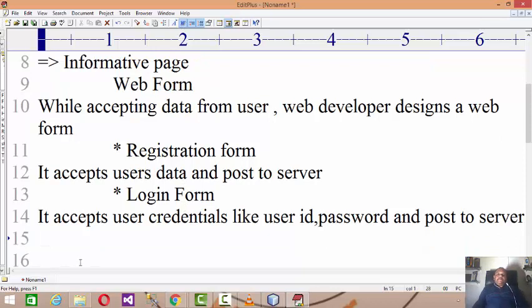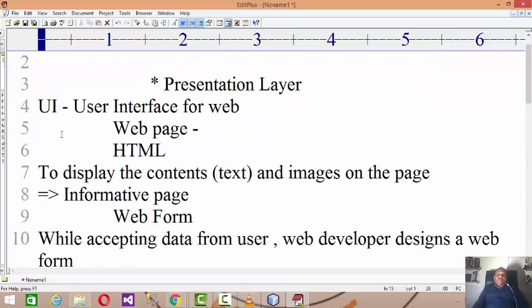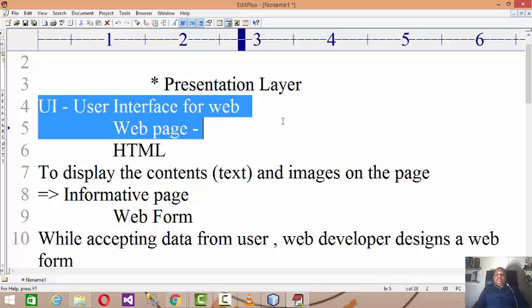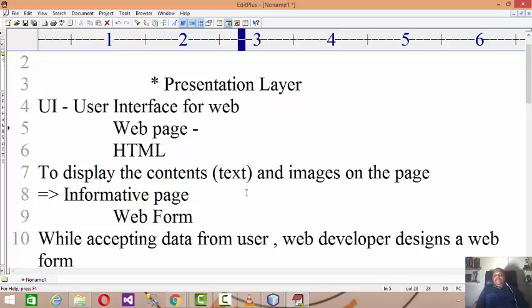So while creating a UI for the web, a web developer has to design two things. One thing is to construct the web page. Why do we construct a web page? Imagine you are constructing the home page of a particular website.